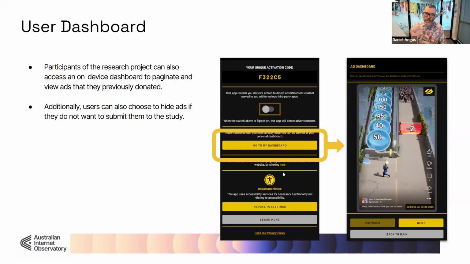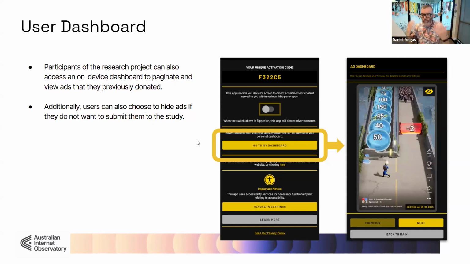Another key part of this, you see there's an activation code at the top. We've made sure that the app itself is quite independent from the research study. So the research study design can involve, say, surveys or other forms of participant involvement, and how we link data is via that unique activation code. We could, say, send our participants, as we have through the Ad Observatory, a survey to fill out and have them provide their unique activation code. That allows us to connect that profile data to the ad stream that's coming in. And that's another step that means that we're quarantining that user data away from the ad flows.